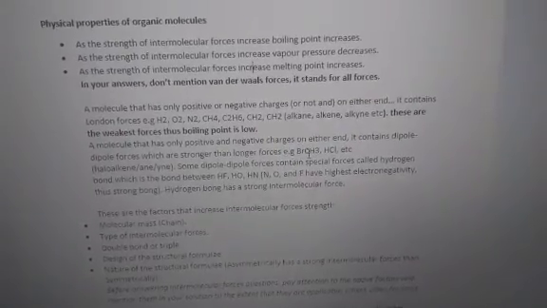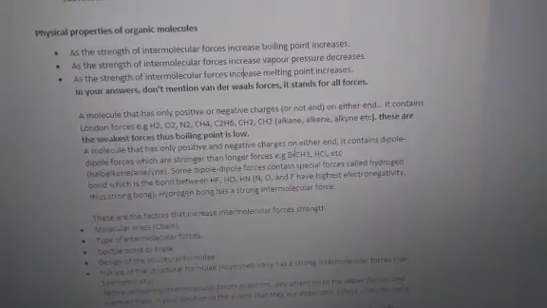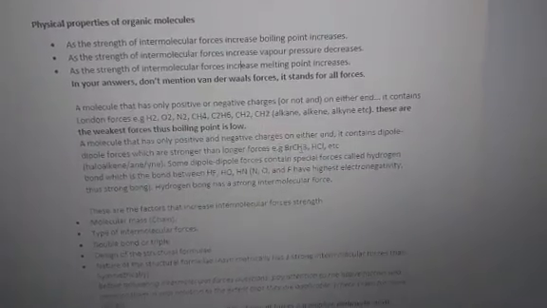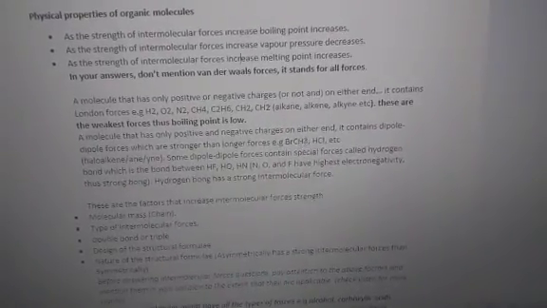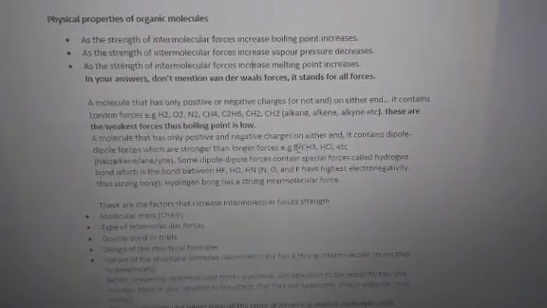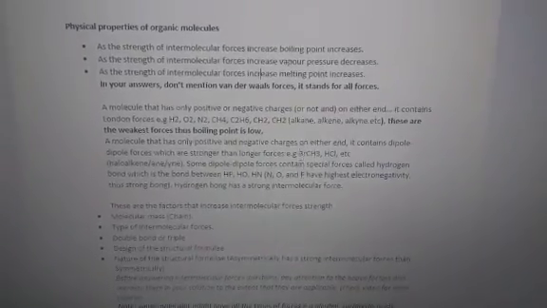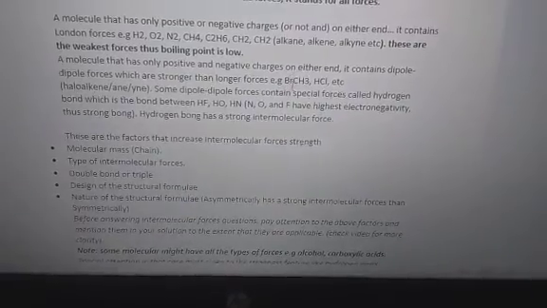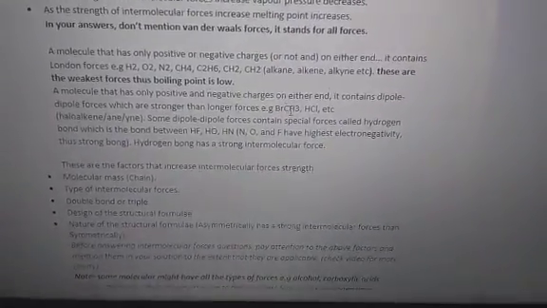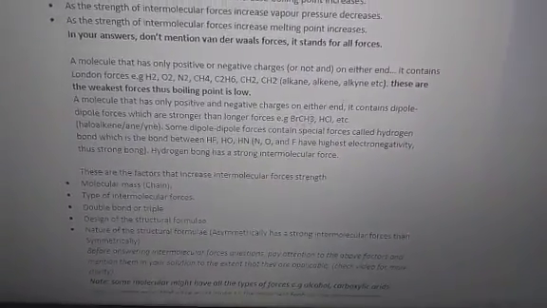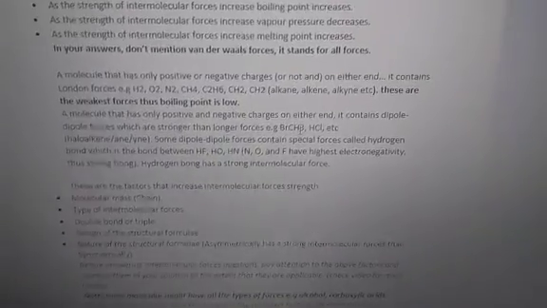Same here: around carbon there will be a positive end because of hydrogen, but we also have bromine. Bromine would have a negative end, so the entire molecule would become dipole.